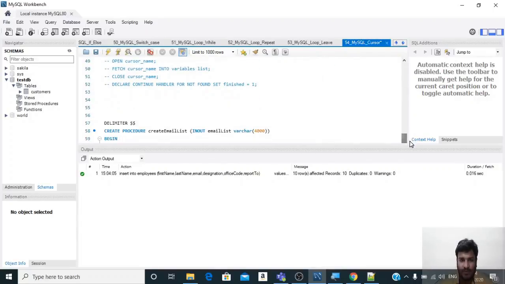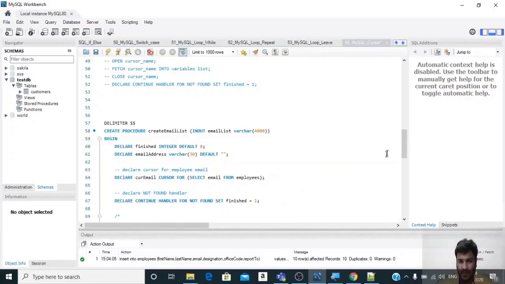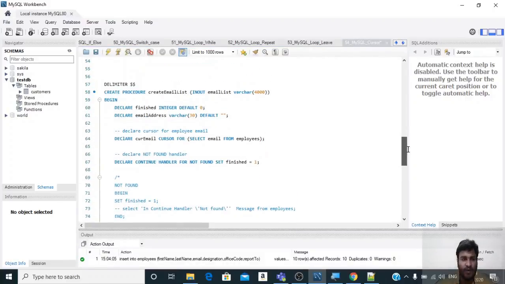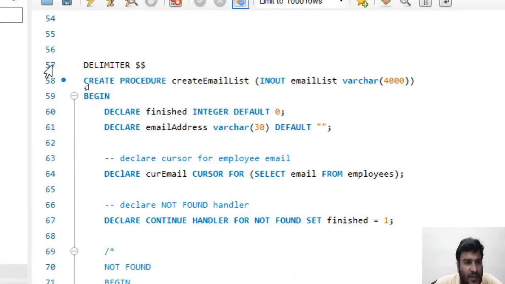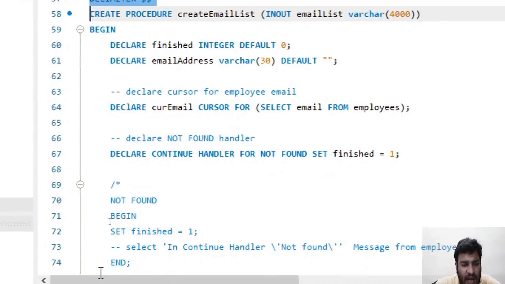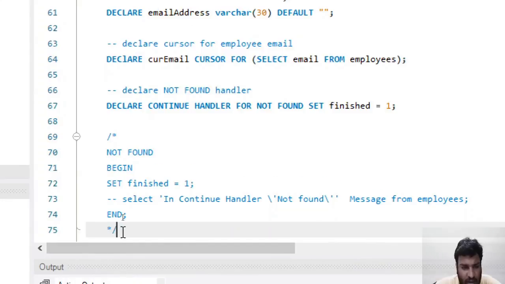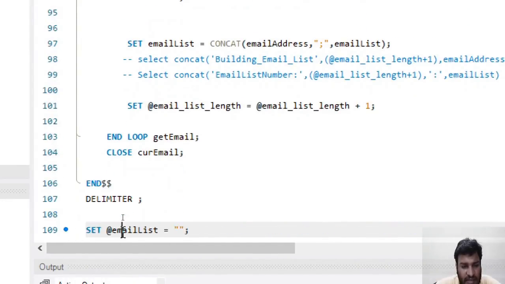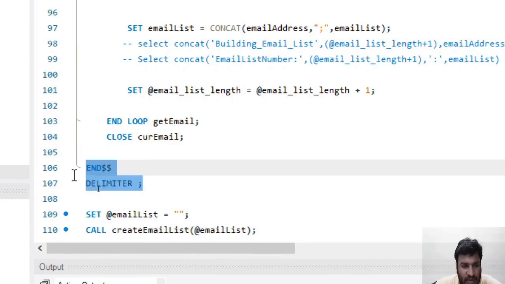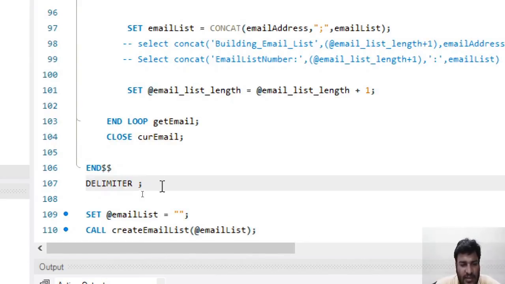Okay. So till now we have just created the table, and now we'll be seeing the stored procedure. For setting up the stored procedure, what I am doing is taking the code from line 57. You can see it starts from delimiter, and I will take this code till line number 107. You can download the script and see over there. So till here, this is the point where the stored procedure definition gets over.